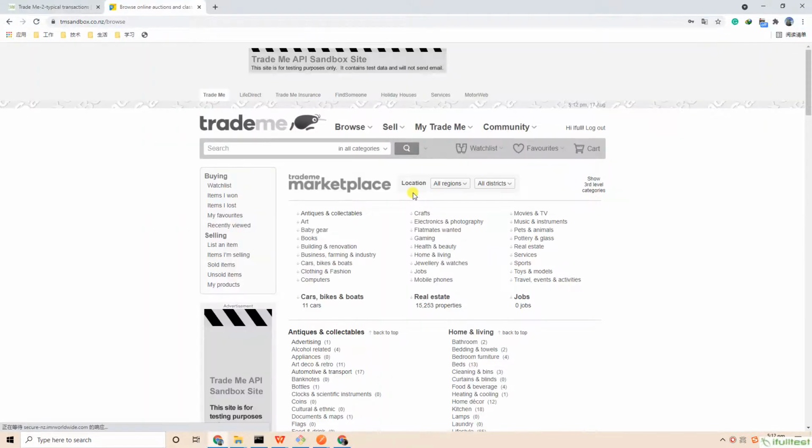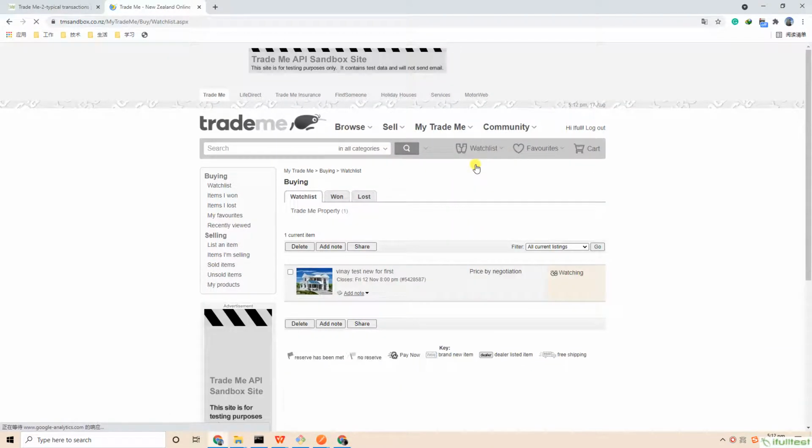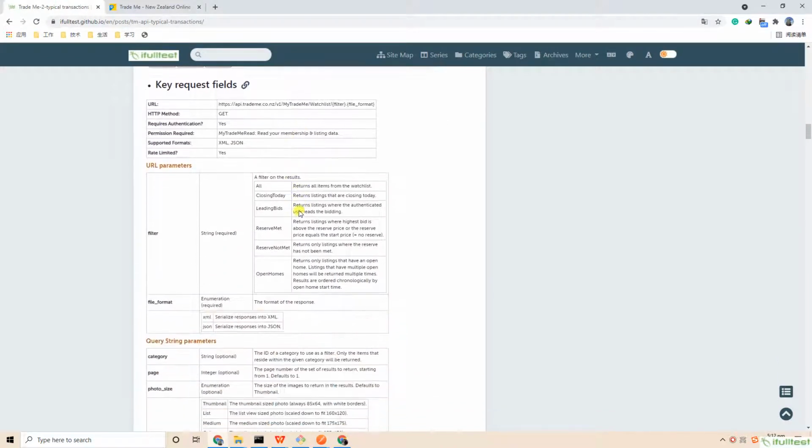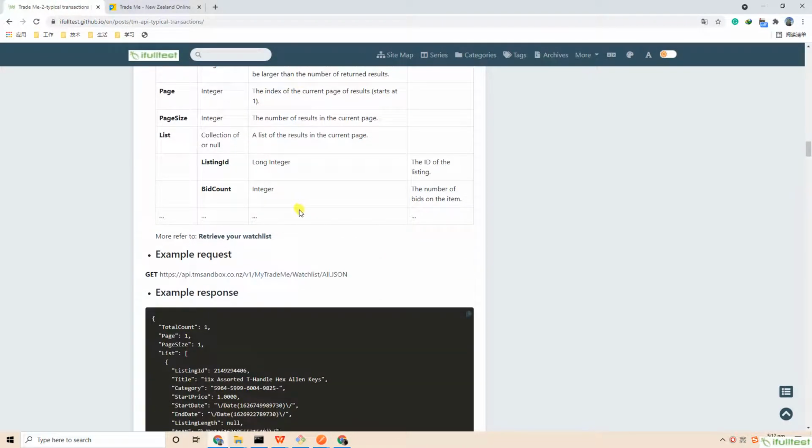Login, watch list, view watch list. See, we have gone into the watch list. The example request and response see below.